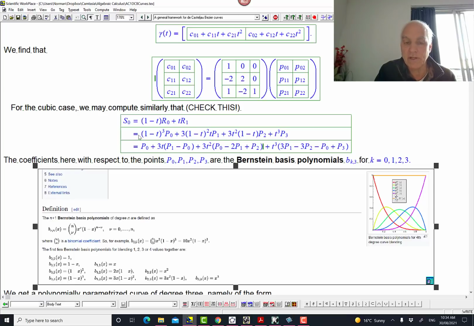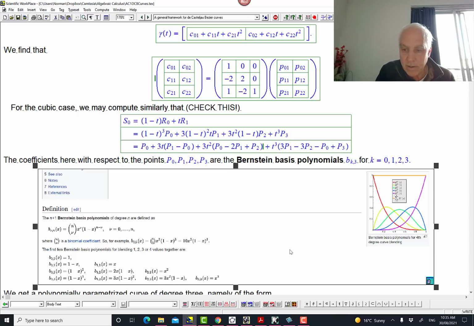So here the binomial coefficients are 1, 3, 3, 1. In fact, you see exactly these things along this bottom row here. If you look at this bottom row, you see 1 minus x cubed, 3x times 1 minus x squared, that's essentially this one, 3x squared times 1 minus x, that's this one, and x cubed, that's this one. And here are graphs of these four functions. So this first one, when x is 0, that's equal to 1. That's this red one. This next one, that's, I guess, this yellow one.